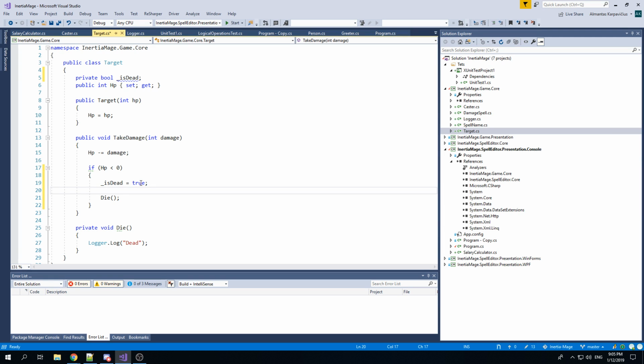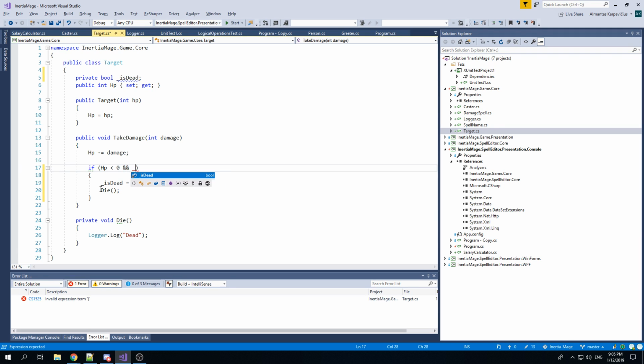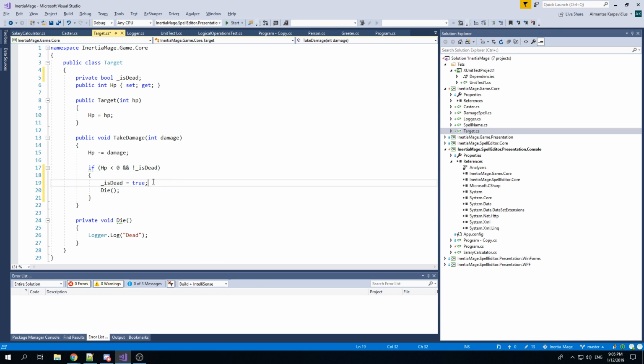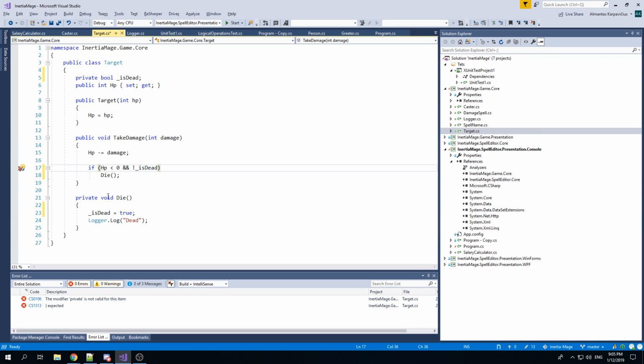and I won't call this anymore if it's already dead. So if it's not dead already and HP is under 0, I kill it. And is dead should be in here. So now if I go back to my console